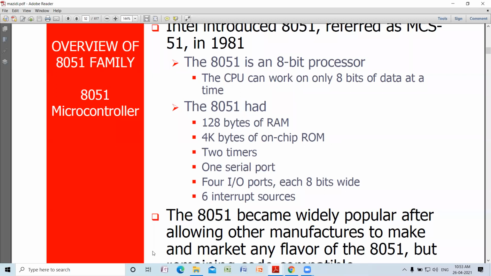First, the instructions are fetched. After the instructions are fetched, it is copied into a register called the instruction register. After the instruction register, it is given to the instruction decoder. In the instruction decoder, it is decoded.